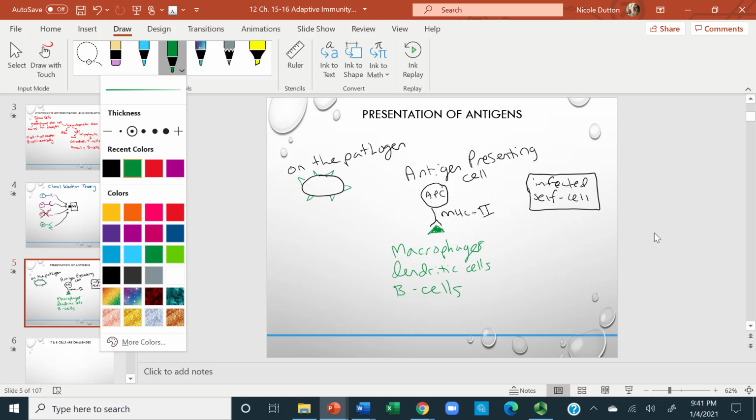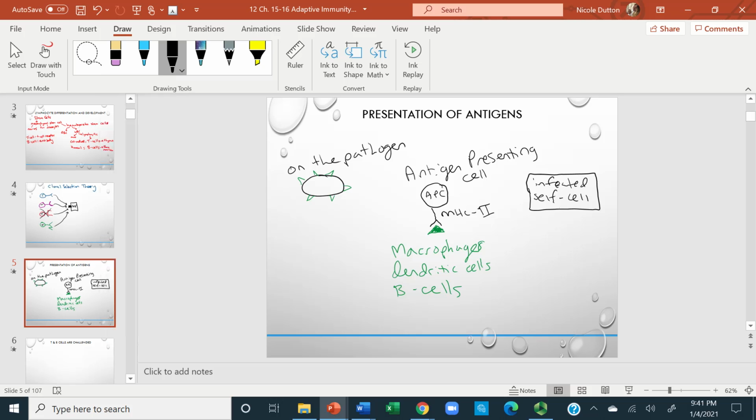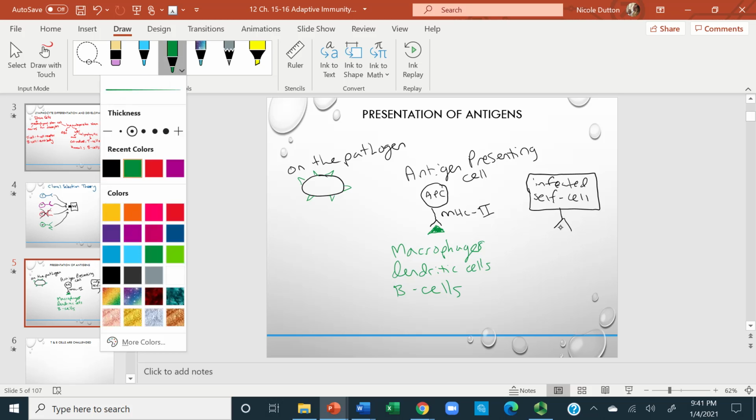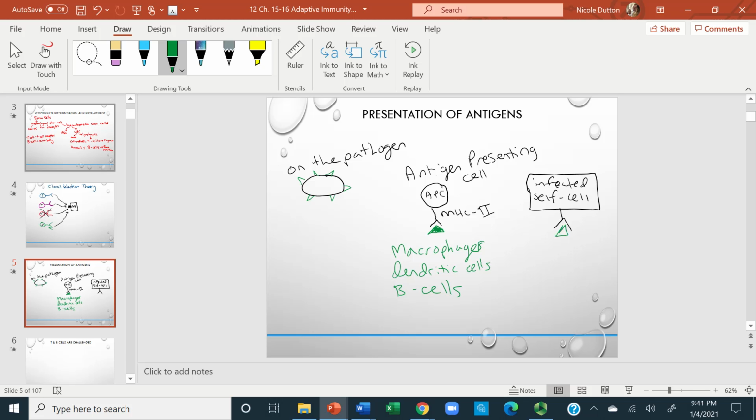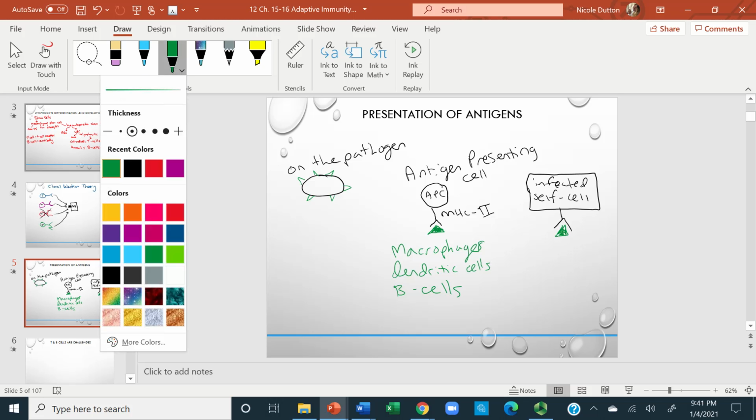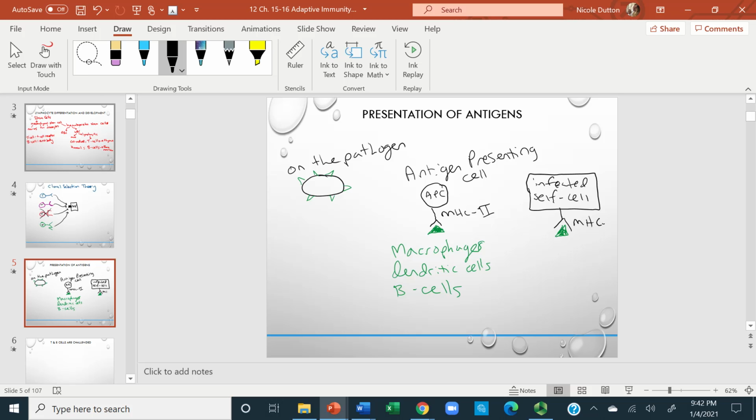The infected self cell can hold up part of the pathogen on this arm called MHC class 1. And when it holds it up on MHC class 1, a cell that recognizes this situation will come along, and if it's a lymphocyte, like a cytotoxic T cell, it's going to recognize this situation, and it's going to kill